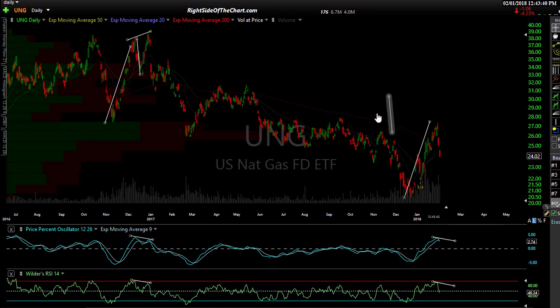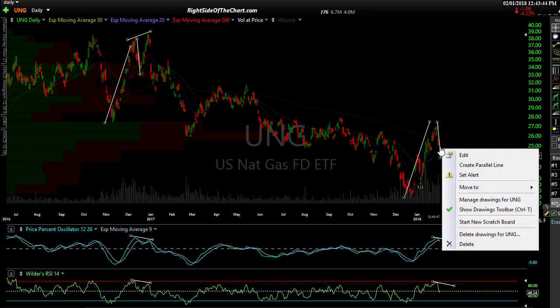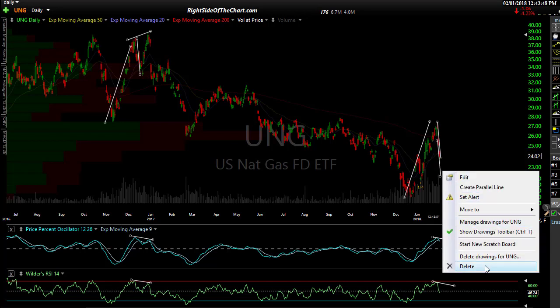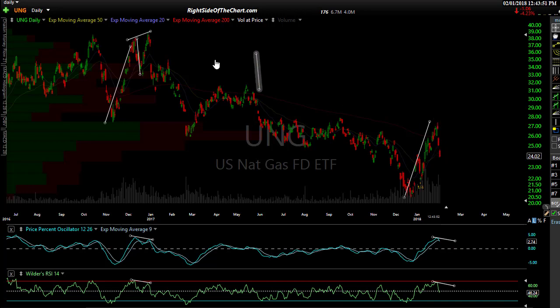So with that being said, you can take that line, and all I did is click on it, make a duplicate, create parallel line. It gives you an exact replica of that trend line. So I did that, and I put it over here. And what I'm looking at is this was the winter rally for natural gas back in 20...